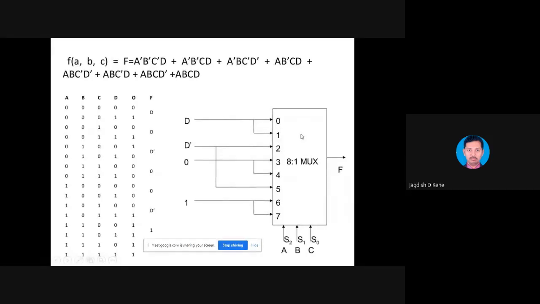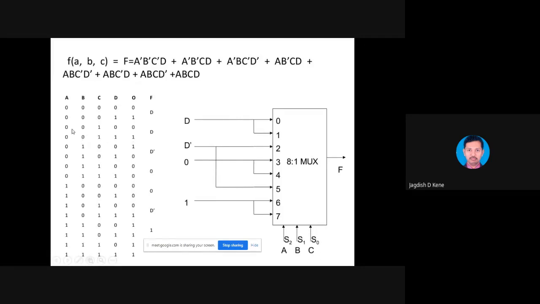Similarly, when we have the next value, the second term, that is A bar, B bar, and C. So that is 0, 0, 1. But we don't know D. So again D is don't care, but D may be either 0 or 1.